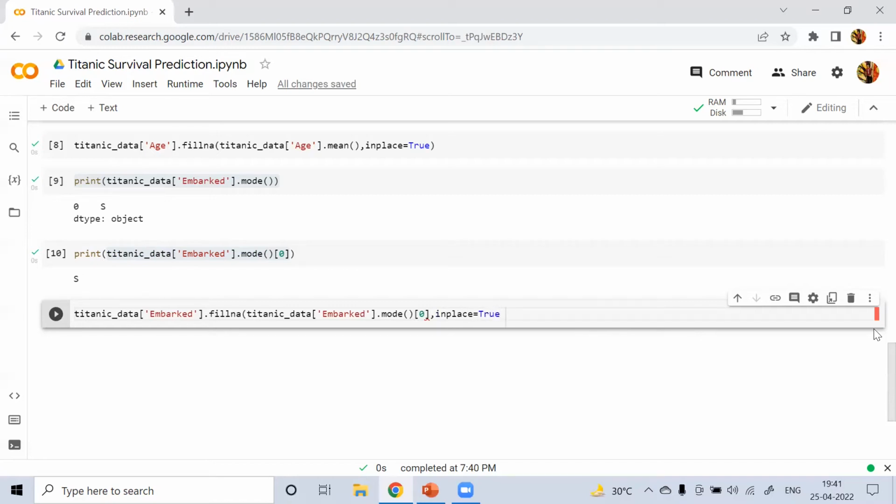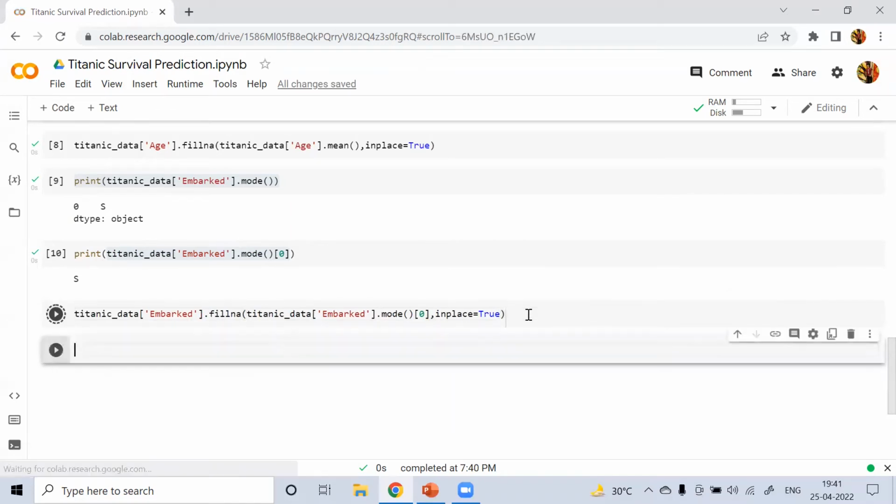Inplace equal to true because we will replace this, the updation, permanently.